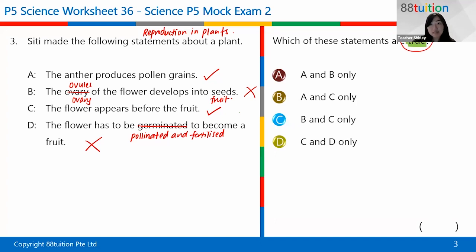So we are looking for true statements, so we are looking for ticks. If we are looking for false statements, you can put a cross. But this one we are looking for true statements. So which of the statements are true? It is basically A and C. A and C are true. The answer is B. Okay? All right, shall we move